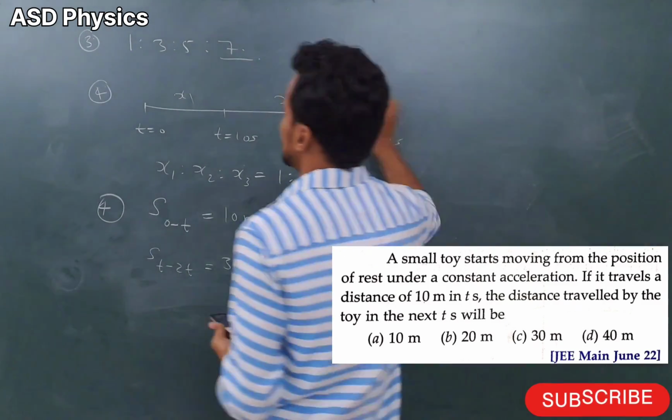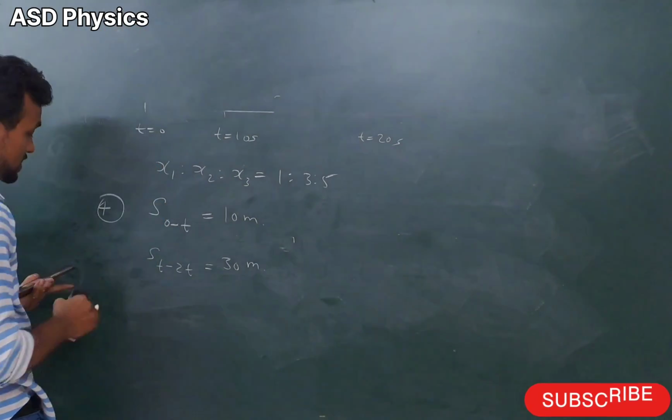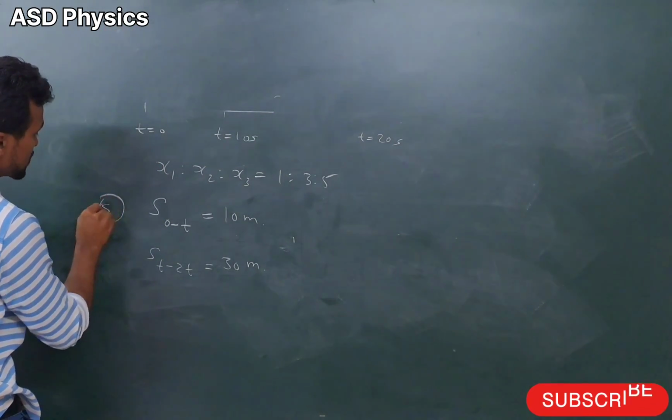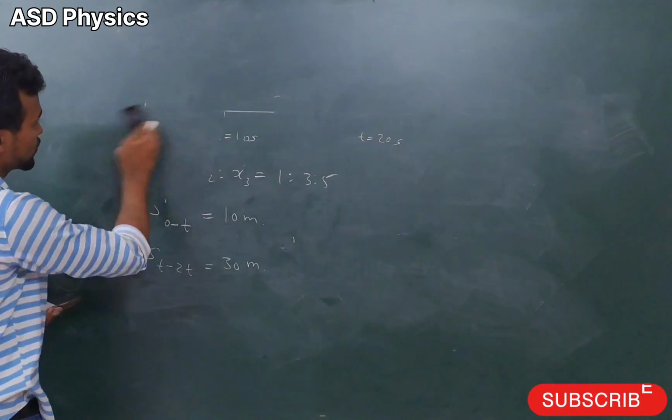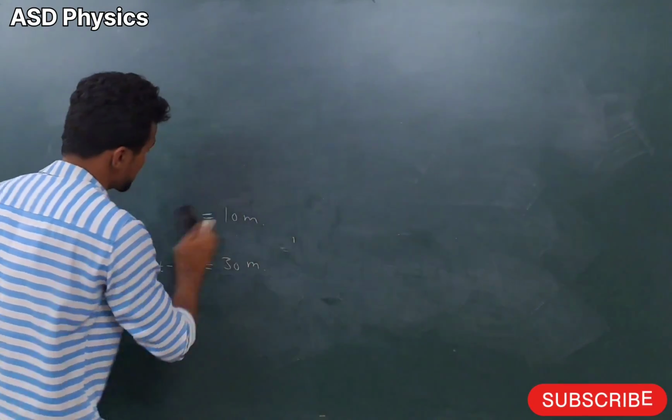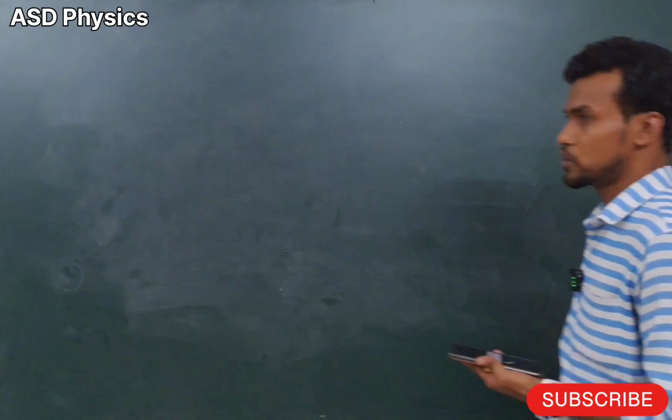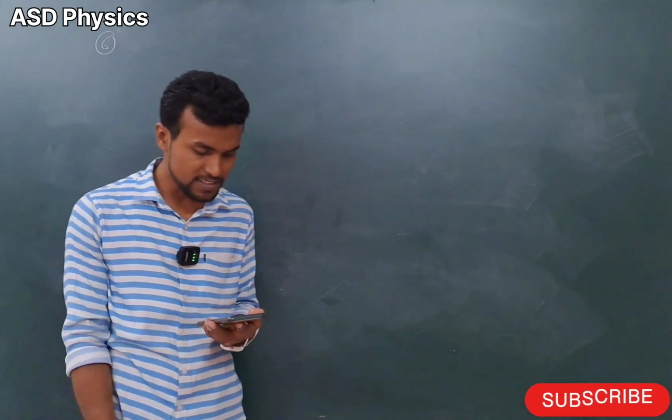Okay, so up to this, how many questions have we discussed? This is question number 5. Wait, we'll discuss other questions also. Now my dear students, next one please. Question number 6. Let's see the question here.